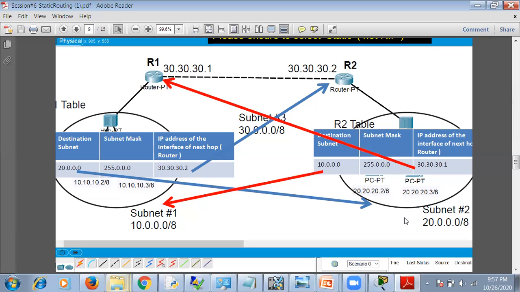Now in R2, suppose this LAN or subnet 2 has to send a message to the previous LAN 1. Then the network address is here, the mask is here, so it has to go through router 1. So the router IP address has to be placed here. This third column tells you which is the next hop that has to be followed for a message to travel. So based on the next hop, the packets are forwarded. If more networks are connected, then more addresses have to be placed here. So the next hop will tell you how the packets have to be forwarded.